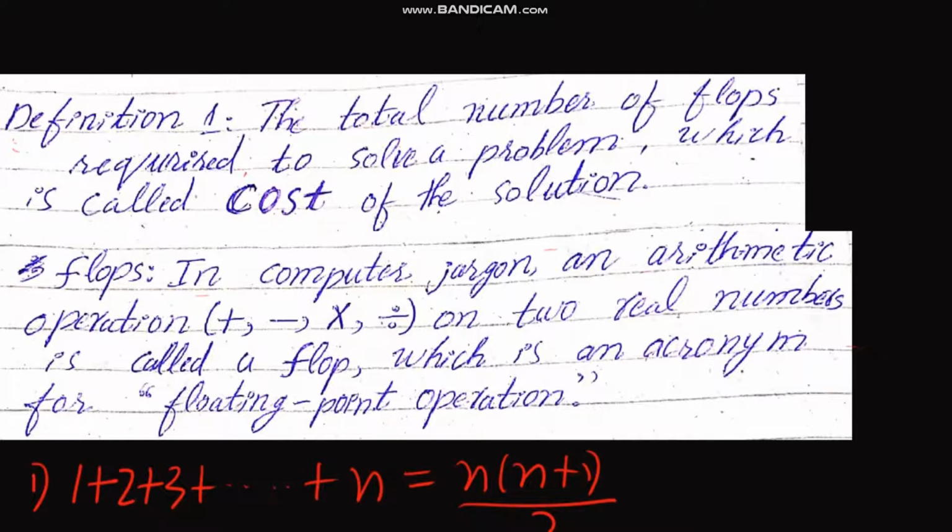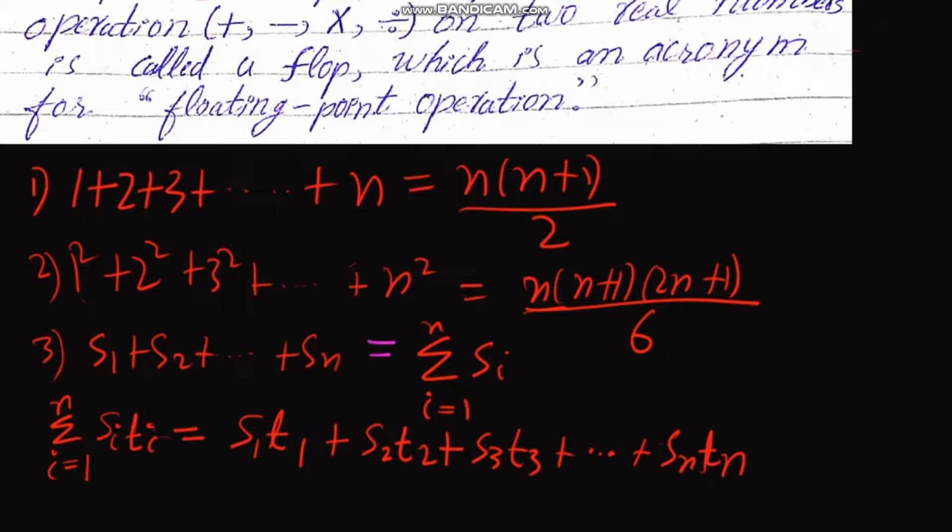Some important results that you should know, those I have already written. One of them is the sum of the first n natural numbers, which is basically n times n plus 1 upon 2. I hope you know this is basic, in the series that we have already studied, and I will use it in this video series, so I thought to tell you in the starting, right? Another thing is that the sum of the squares of the first n natural numbers is basically n times n plus 1 times 2n plus 1 upon 6.